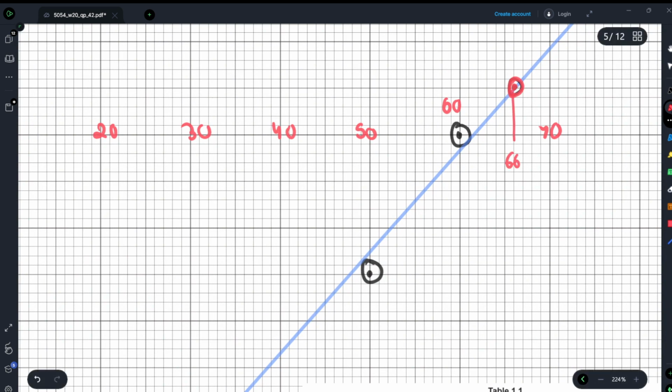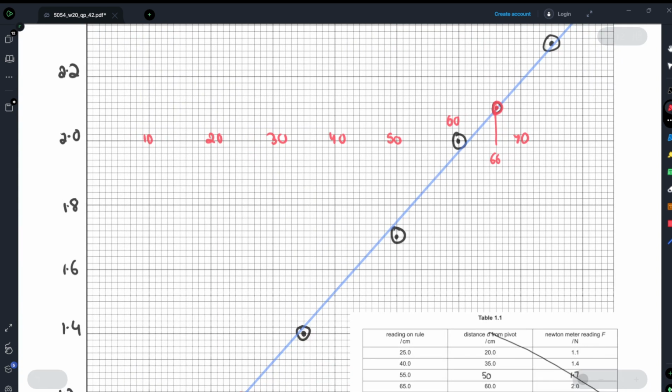this right here is going to be 66. Of course, I'm gonna stretch it all the way down to the x-axis on the actual paper, but यहाँ पे I'm being lazy right now. So ठीक है, अभी इससे काम चला लेते हैं. ये 66 हो जाएगा, and this right here is going to be exactly. So you've got a 66 on the x-axis and you've got 2.1 exactly on the y-axis. Okay,